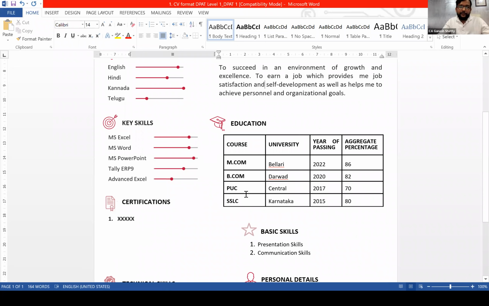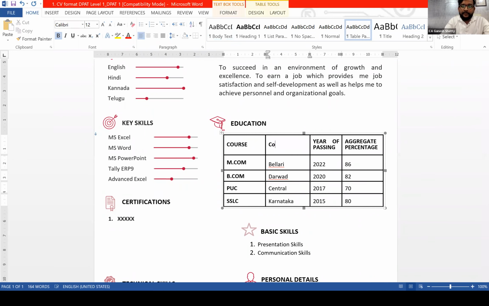So please be careful. You have to write the university and college. Mandatorily you have to write your college. In this CV it is not there. Let me add it as a college name. College name is always better because the college might give some added advantage for you. Suppose I have completed from a bigger college, then the CV weightage will be more. And if I have completed from a smaller one, no problem, you can write it. But yeah, the advantage factors are more.